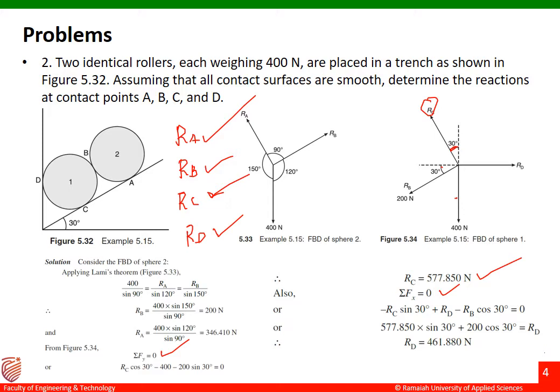In that case, what we have to do is apply the equations of equilibrium to find out the unknowns over there. So my unknowns in this question are